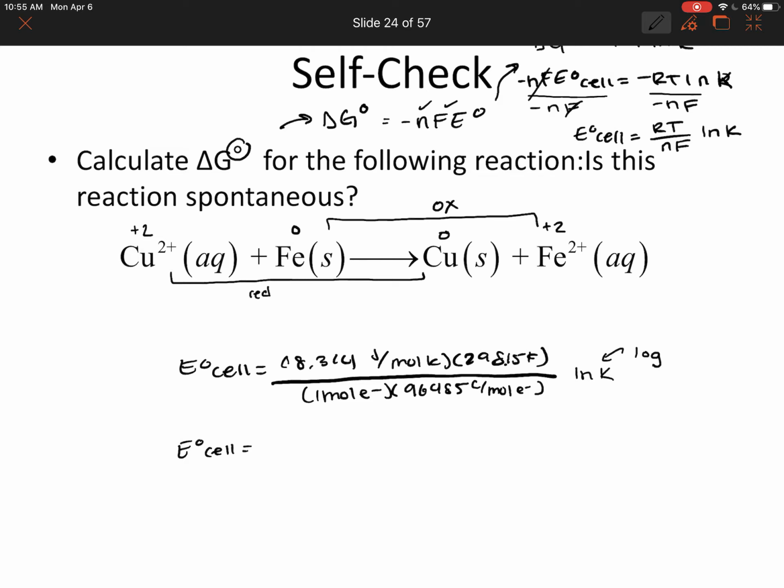So then our equation turns out to be E cell is equal to